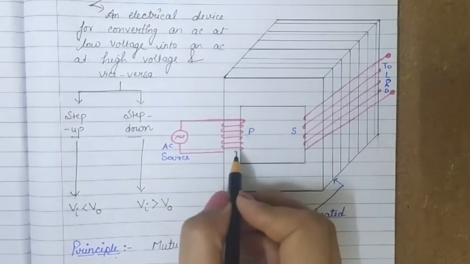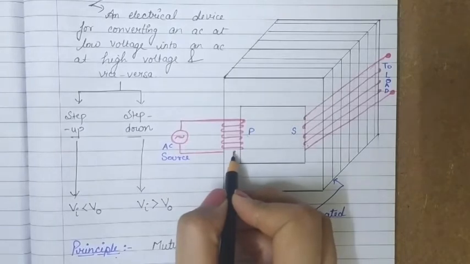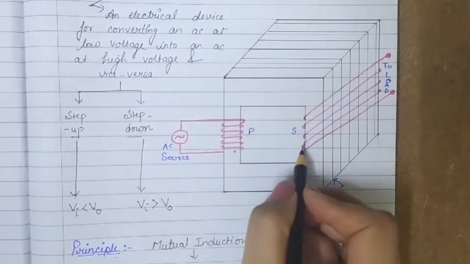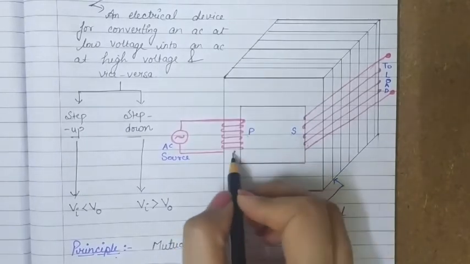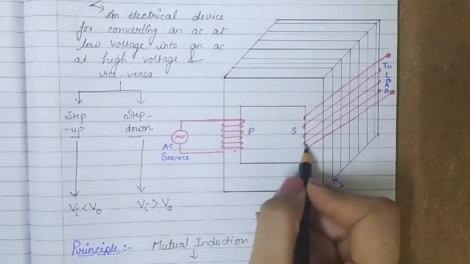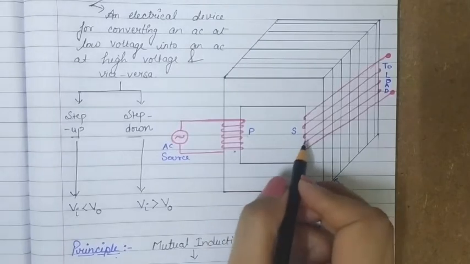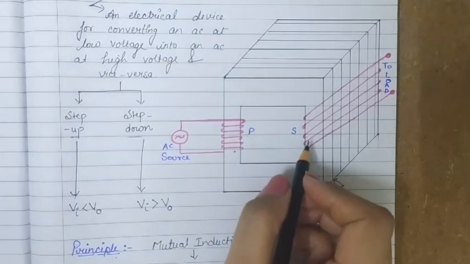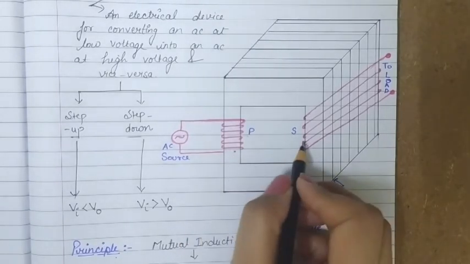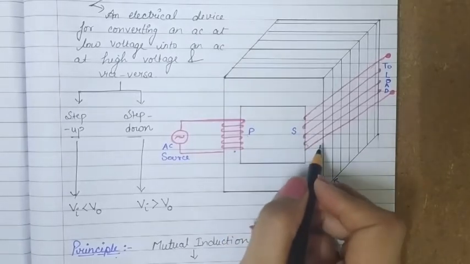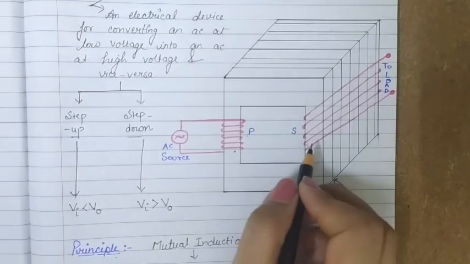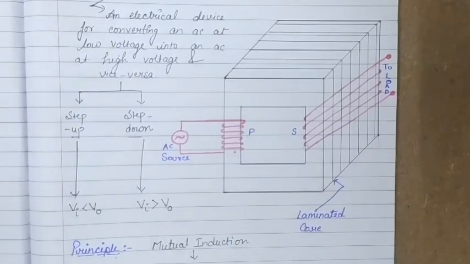While if number of turns in primary coil are more than that in secondary coil, primary में ज़्यादा है and secondary में number of turns कम है, then in that case the output that we get from secondary coil will be less than that of input. secondary में अगर turn कम है तो ये हमें voltage को reduce करके देगा, and in that case the transformer will work as a step down transformer.